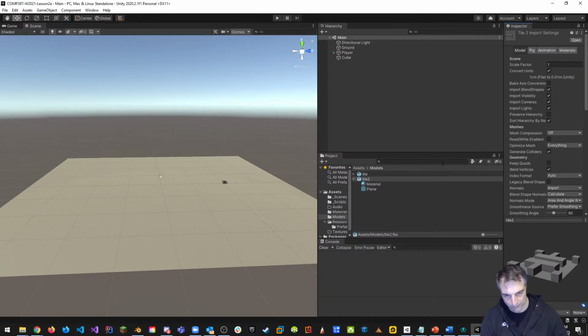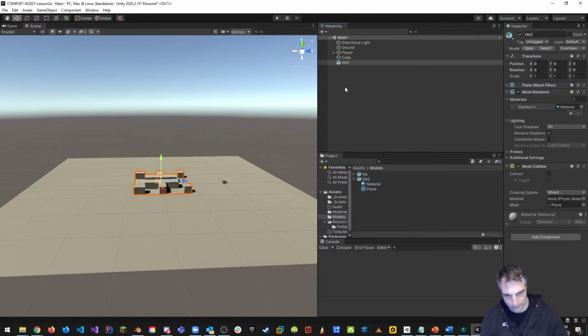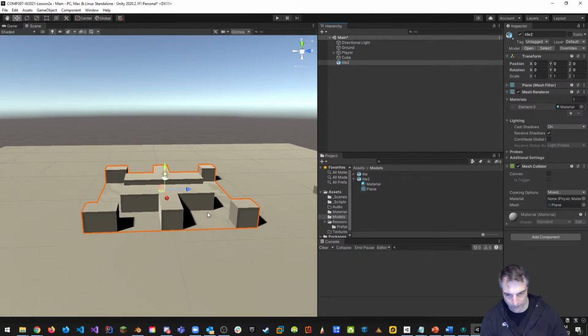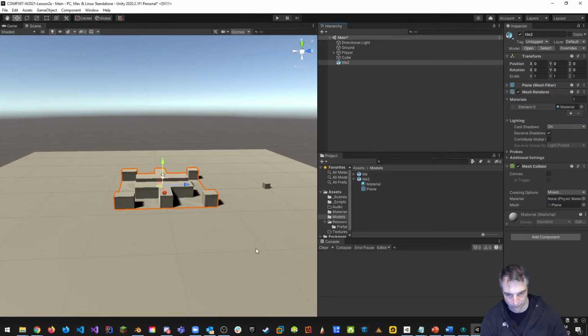And what I can do is I can pull it into the world, the game world. And once I pull it into the game world, I can make it into a prefab. Let's do that. So pull it into the game world. Here's my model. You can see it's way smaller than the entire plane that I've created already, because I'm going to get rid of the rest of it. So this is what my model would look like,